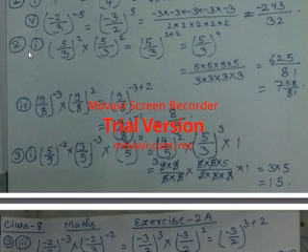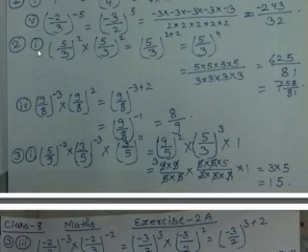Now if you see question number 2, I had said 1, 2, 3 all are evaluate, so there also evaluation was there. Okay, the question was 5 by 3 raised to the power 2 into 5 by 3 raised to the power 2, you can see in your book if you are sitting with your book. Now the same bases are there, so powers will be added, 2 plus 2 becomes 4, so 5 by 3 raised to the power 4. That becomes 5 into 5 into 5 into 5, 4 times, so it becomes 625, and 3 into 3 into 3 into 3, 4 times, becomes 81.